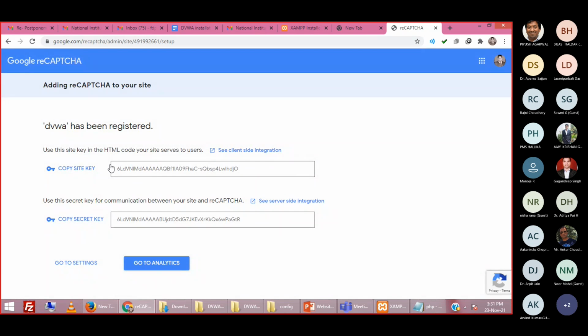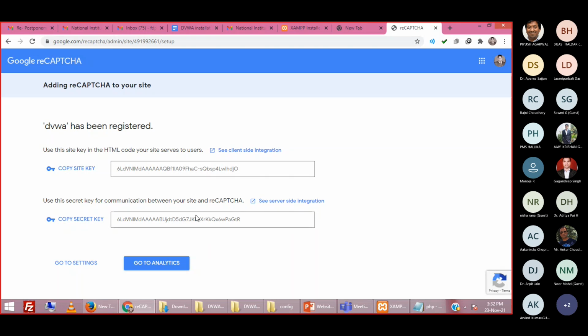When you submit this form, a pair of two keys will be generated. These are the two keys which will be required to configure CAPTCHA in your system.